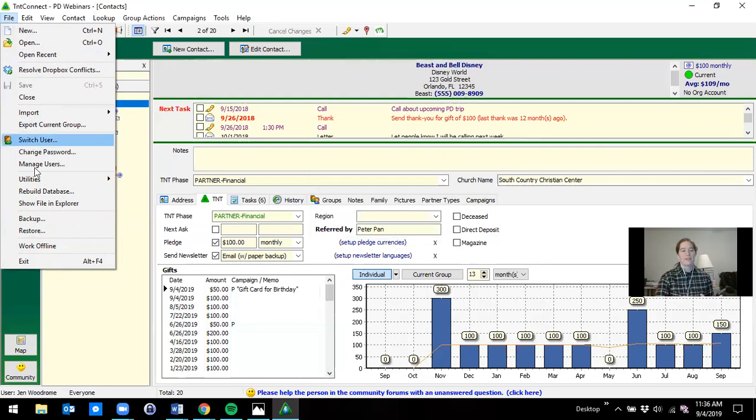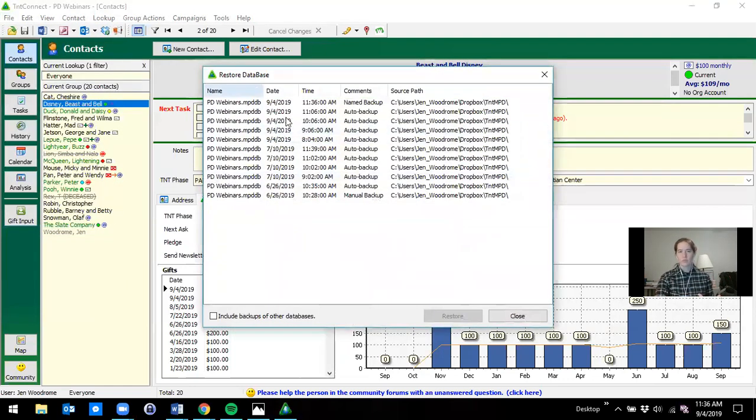So what I would do instead is go to restore and pull it from one of the databases, or pull it from one of the backups that I've created. Okay,